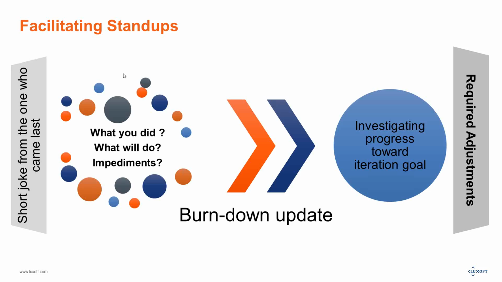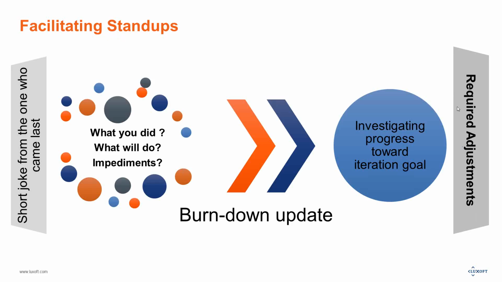The idea of stand-up is a sync-up, and when people have got all the information during the synchronization, they should do something about it. They should see where they are with their deliverables to the end of the sprint. Either they will be in time with it, or they're already delaying. So that is the main idea of stand-up, to understand: are we delaying with our deliverables or not? And then the required adjustments, the required actions, should be made.